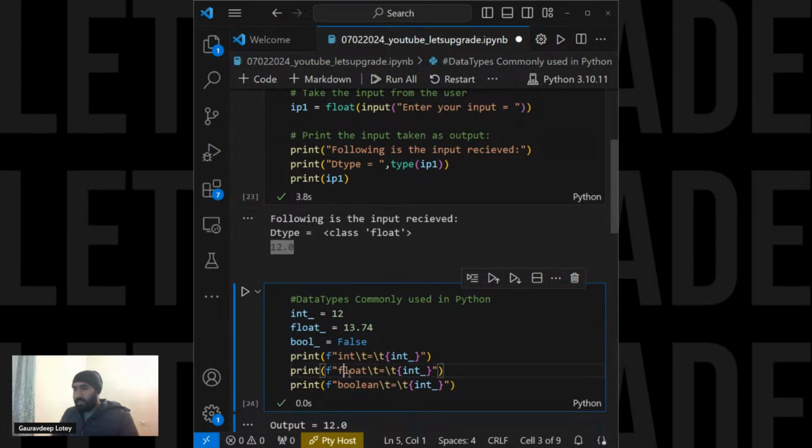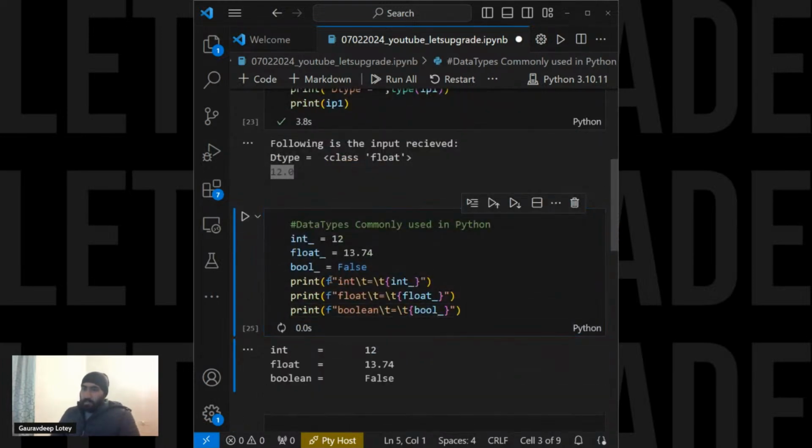Now with this, we can simply use float, and this we can use boolean. Okay. Now with that being said, if we run this, you see this is the kind of output that we get. Now, what are different data types in which people are also asking if I can shed some